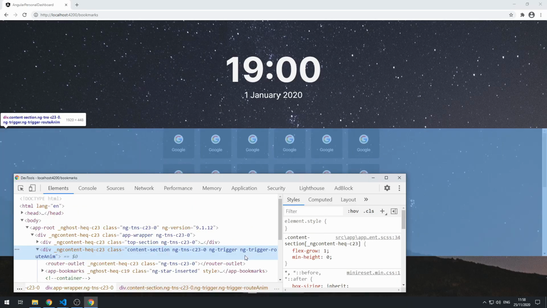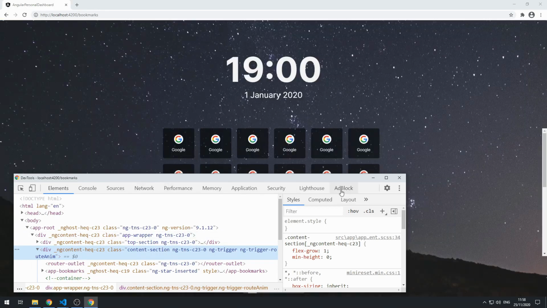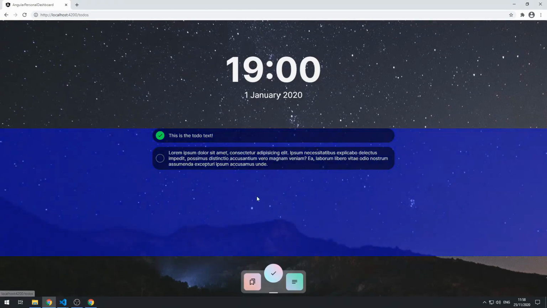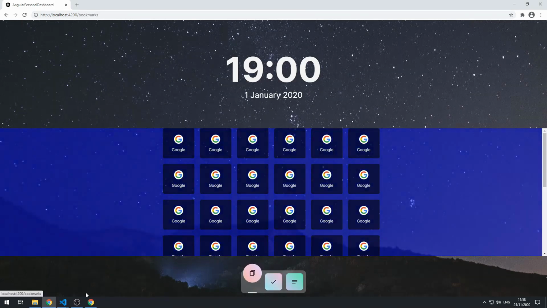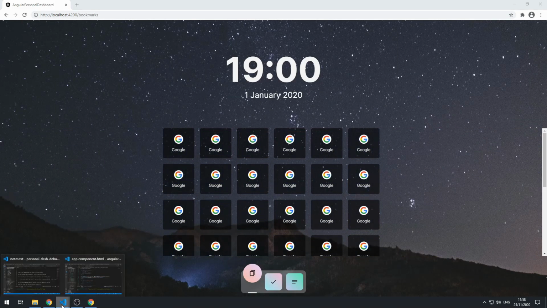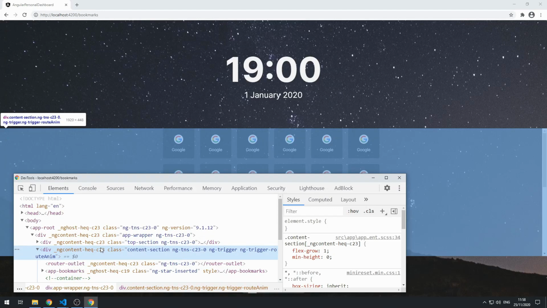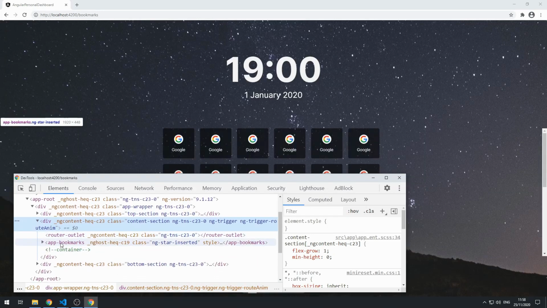All right, so that's pretty cool to know. Currently we are styling this content section div each time we do the animation, and that's because we are styling the host component. However, we don't actually want that. We want to select the root components, and the root components are completely dynamic, because they are injected by Angular each time we change the root. So we need to find a way to query